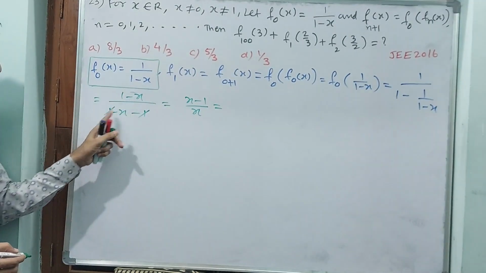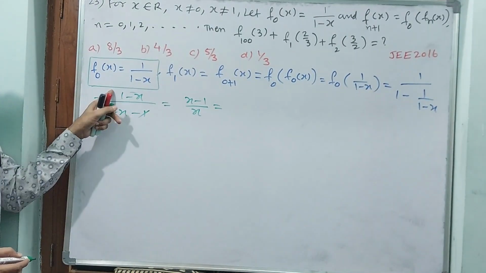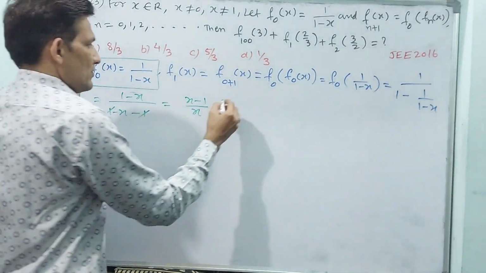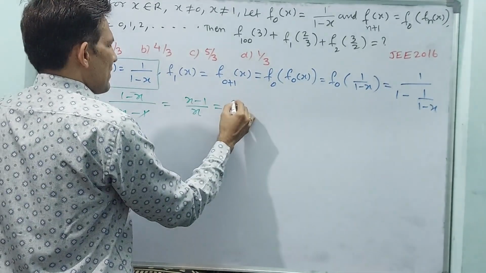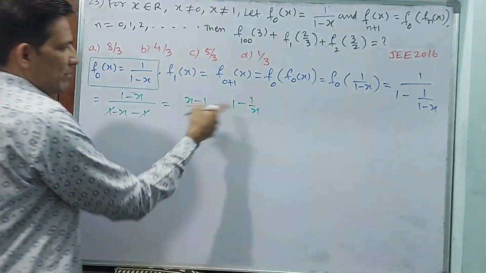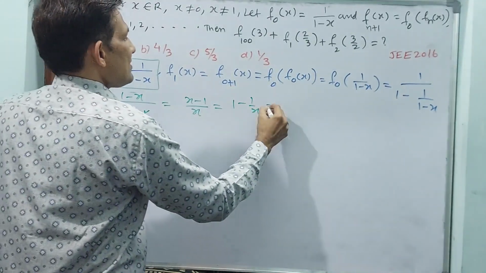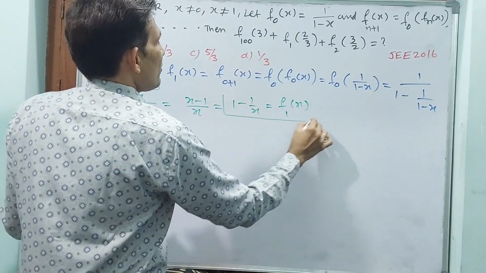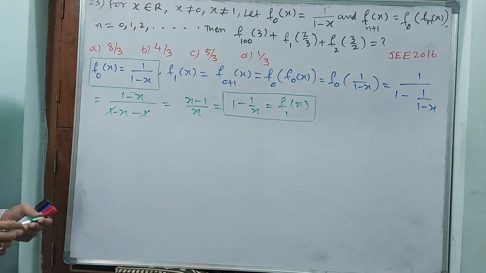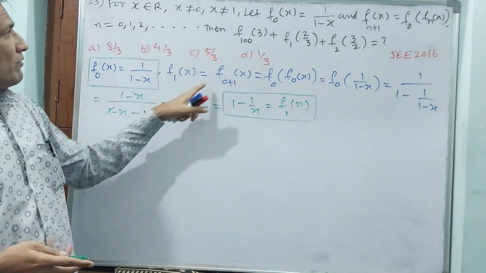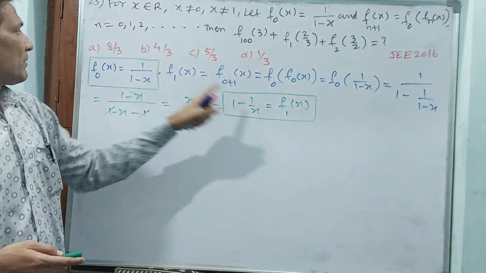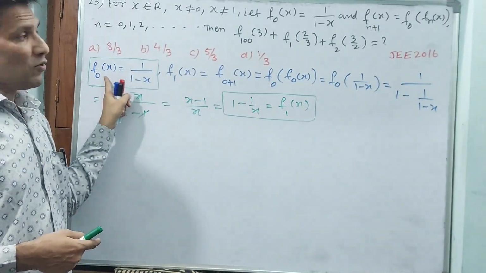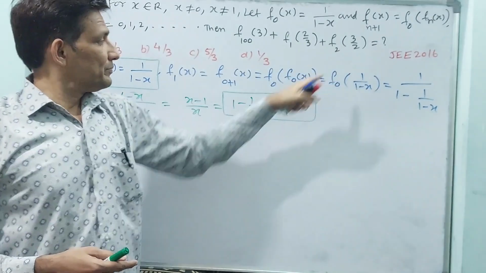This minus I have sent, see, 1 cancelled, minus I have sent to the top, then minus x is going to become plus x, 1 is going to become minus. This also I can write like this, or else you can keep it, or else you can write 1 by 1 minus x also, 1 by 1 minus x. Okay, this is equal to f1 of x. Keep in your mind, this is very important. Okay, see, you require f1 of x. Because f0 of x you don't require, but to find f1 of x you require f0 of x. You require f2 of x also.